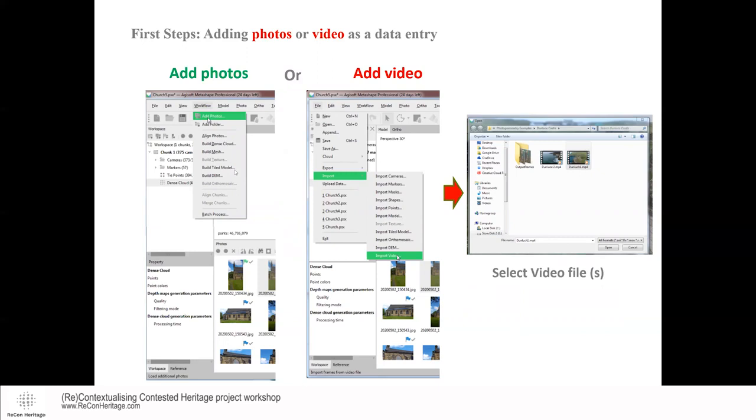and then it uses the same process as it does for photographs. So to add your photographs, you go to Workflow, click Add Photos, choose your location and import them, and it imports them into the software. Video is a little bit more involved. You go to File, Import, and then down to Import Videos. You choose which video you want to import,